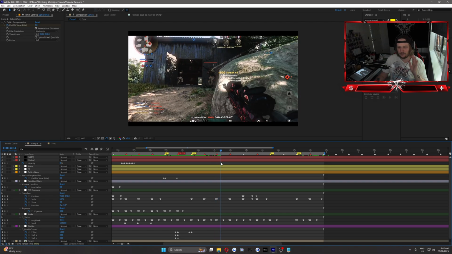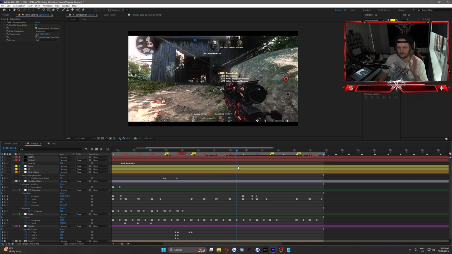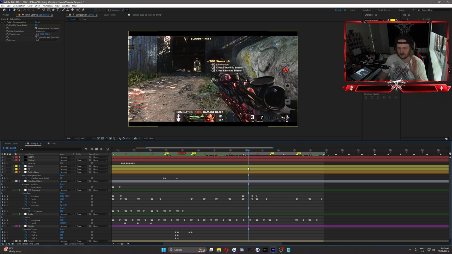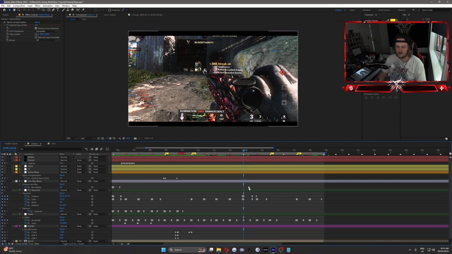Now, for very particular effects, I will do them first, like this bit here. I want to add a depth of field to this right here. It's going to look mint. So I'm going to do that straight away. So there, when it comes to masking out guns, soldiers, characters,